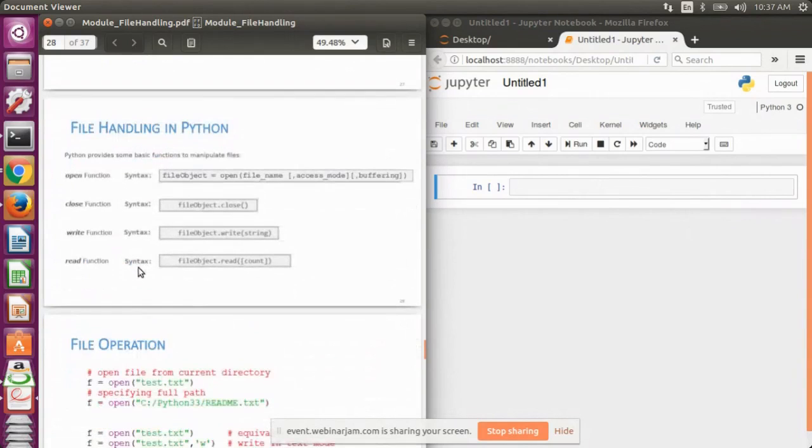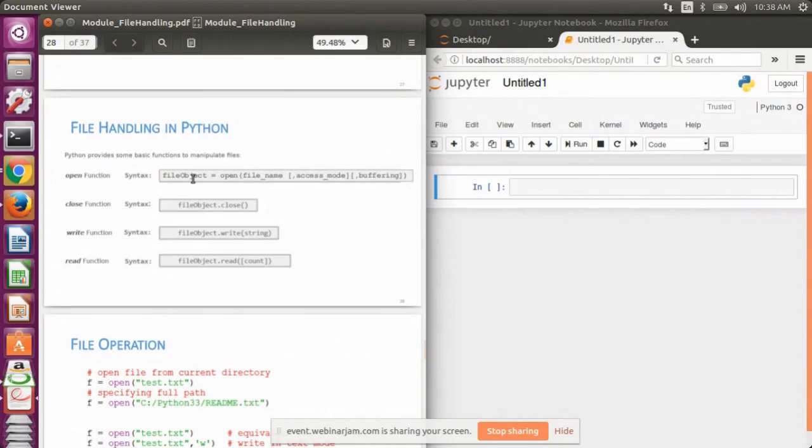To perform these operations, Python gives some particular syntax. To open the file, we use the function named open, which takes the file name and has some optional arguments. We define a variable and assign the opened file to that variable.